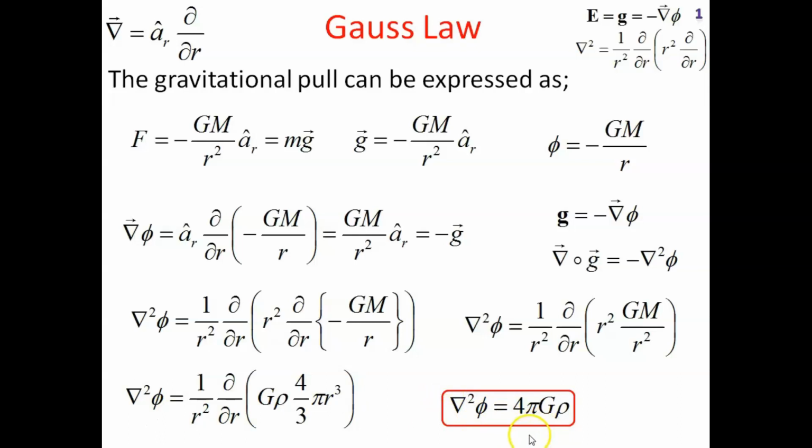This is known as the differential form of Gauss law. And if you like to substitute this del square phi, it is minus divergence of g bar. So del bar dot g bar is also known as divergence of g. It represents the degree with which the field spreads, and this being with a minus sign, it represents the degree with which the field converges to a point, and that convergence is appearing to be 4 pi G rho.